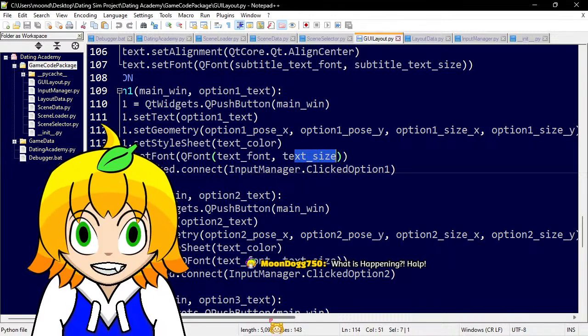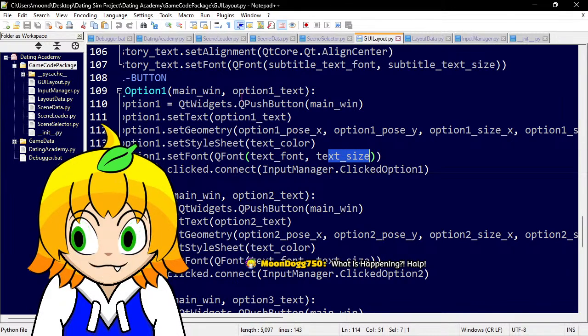And then we'll do the text color, text font, text size. And here's where a button differs, because this is the QPushButton through main win. We're doing QPushButton.